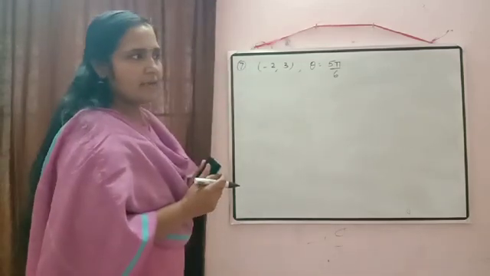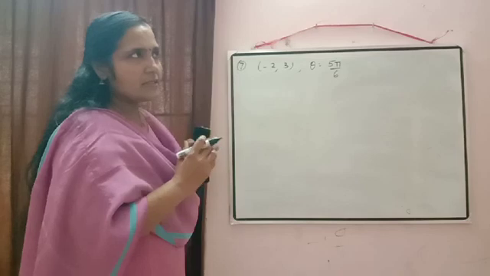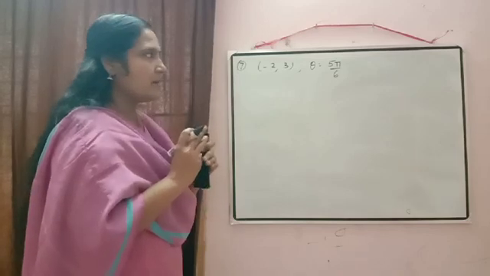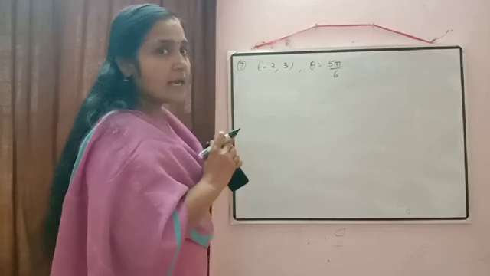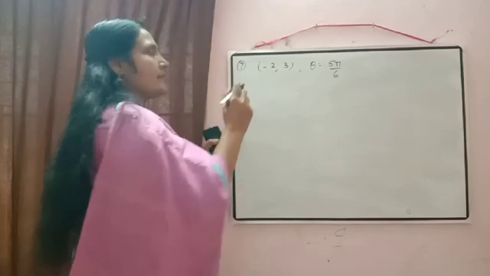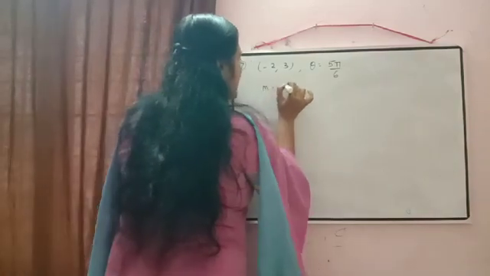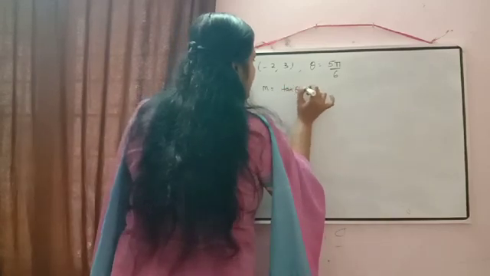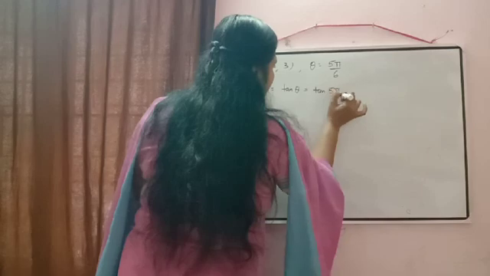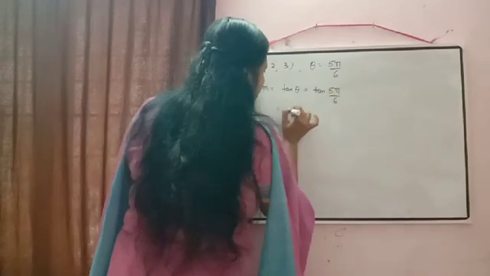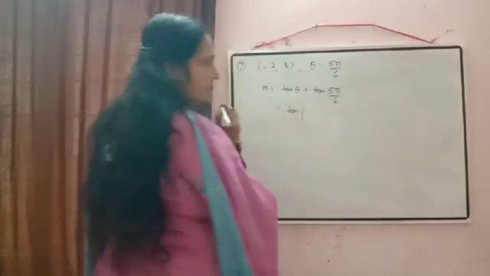A point is given, and to calculate the equation of line, we need the slope there. If the angle is given, how can we calculate the slope? Yes, m is equal to tan theta. So write down there, m is equal to tan theta, which will be equal to tan 5 pi by 6. Now we have to calculate the value of tan 5 pi by 6.